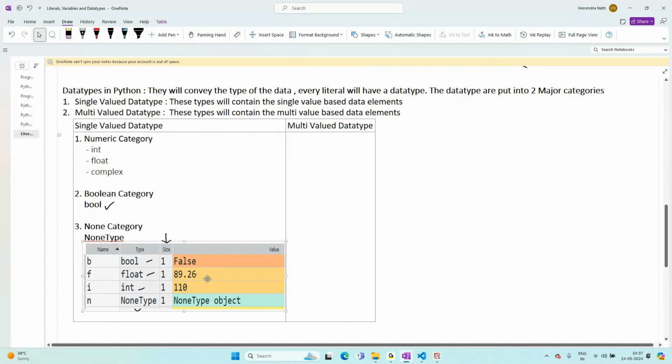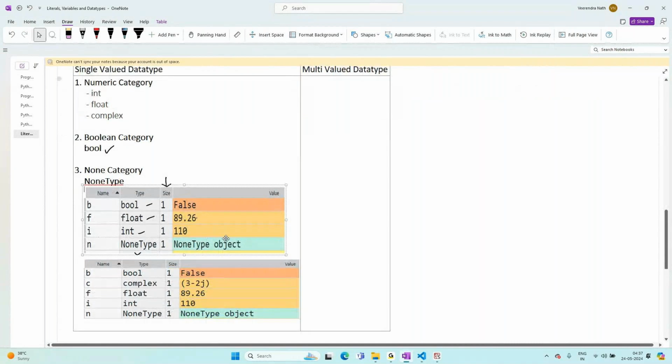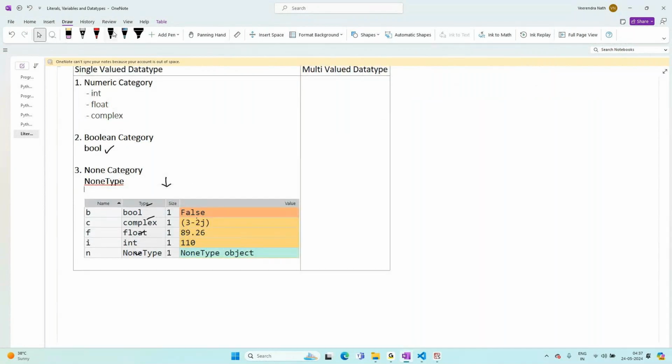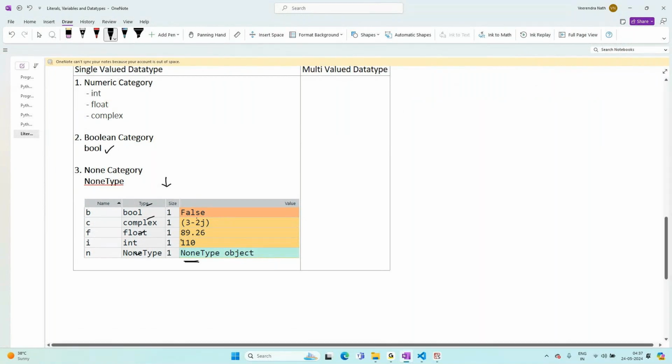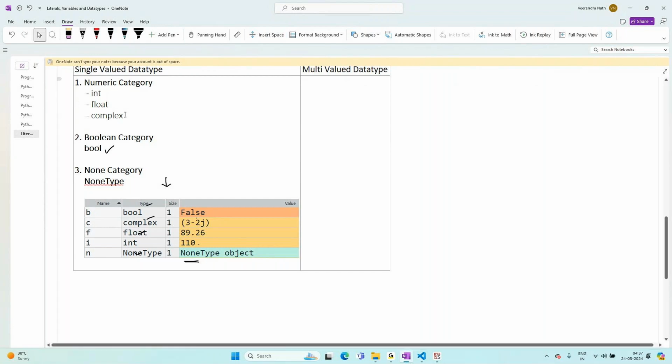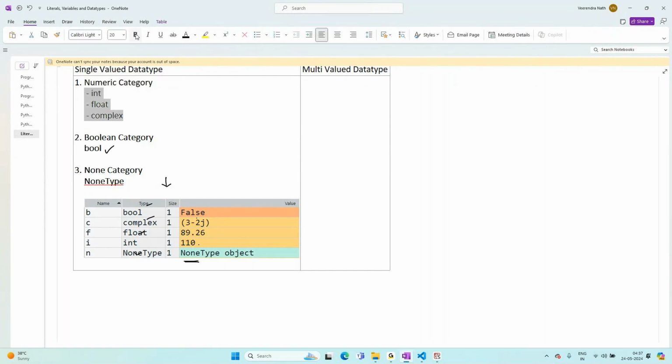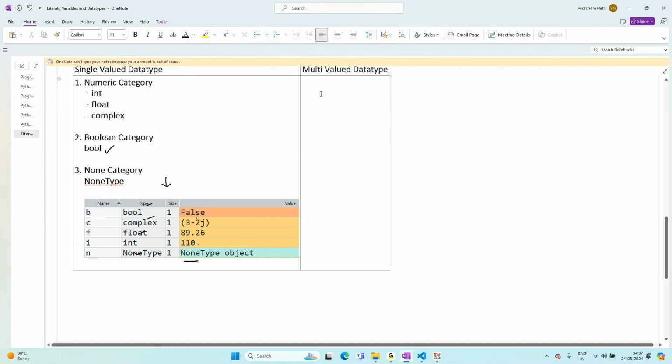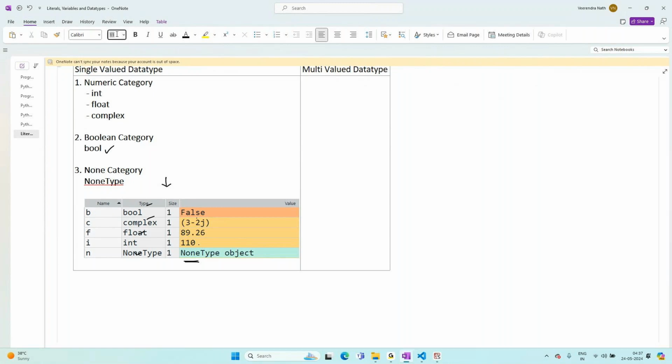Right, so what we are looking at here, what types? None type. None type means no value, nothing basically. Int 110, float 89.26, complex 3 minus 2j, bool false. These are the single valued data types. Single valued data types, so they will have only a single value. Is that clear? Right. So then we will go for